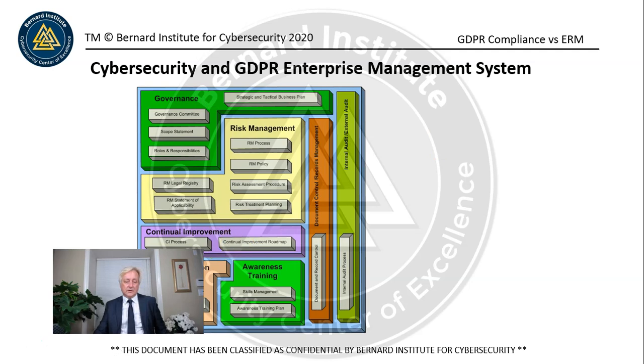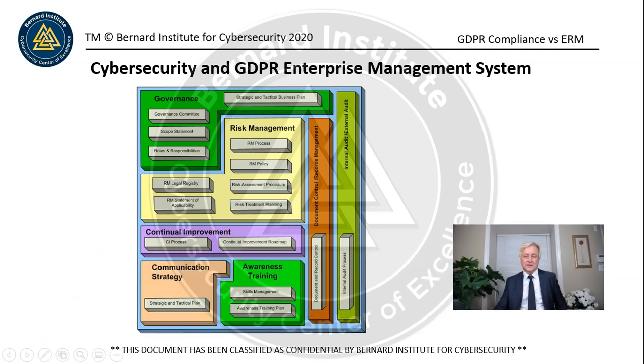Okay, so we're really getting close to the end now. This is the GDPR Enterprise Management System. So it's also the Cybersecurity Management System. So these are the high-level procedures, processes, standards that go on in a management system that help drive all the details that we've just reviewed and discussed. So you need to have a governance process. We talked about the governance committee. You need to have a risk management methodology and a risk management process. That's how we make decisions, how we prioritize where our biggest exposures are so that we can treat those. We need to have continual improvement.